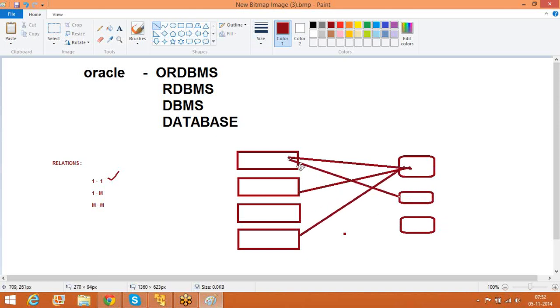Customer 2 also purchased product 1, product 2, product 3. In this case, the relationship among the customer and